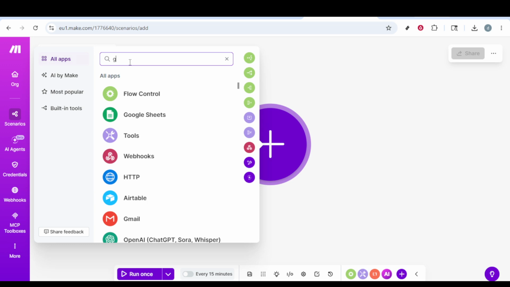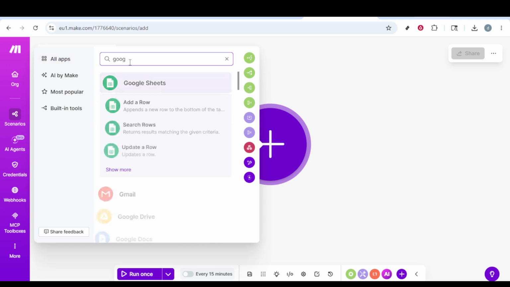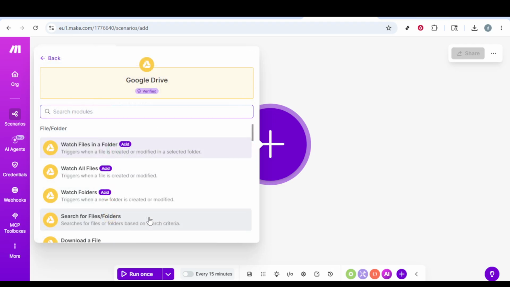For instance, if you're focusing more on getting files into Drive, the Upload a File module will be your go-to. On the other hand, if you're more interested in monitoring changes within a specific folder, the Watch Files in a Folder option will be ideal. Selecting the right module here is crucial as it determines how data from Google Drive will be integrated and used